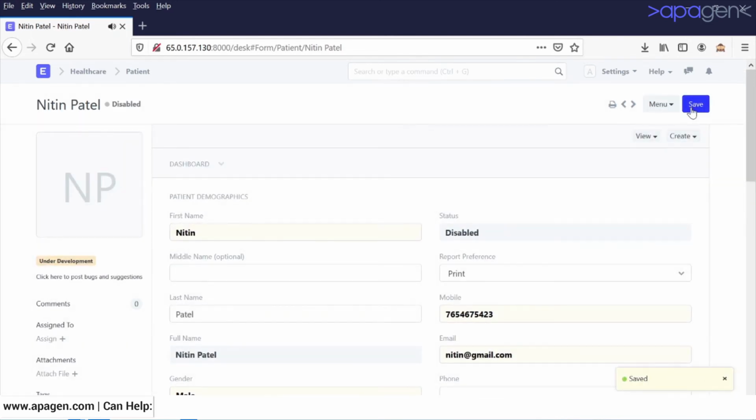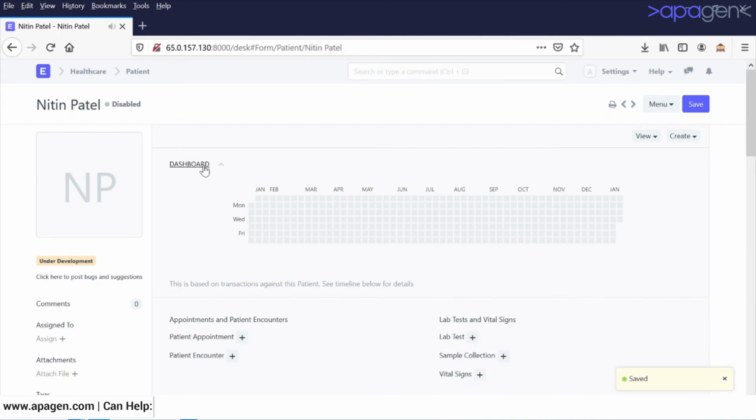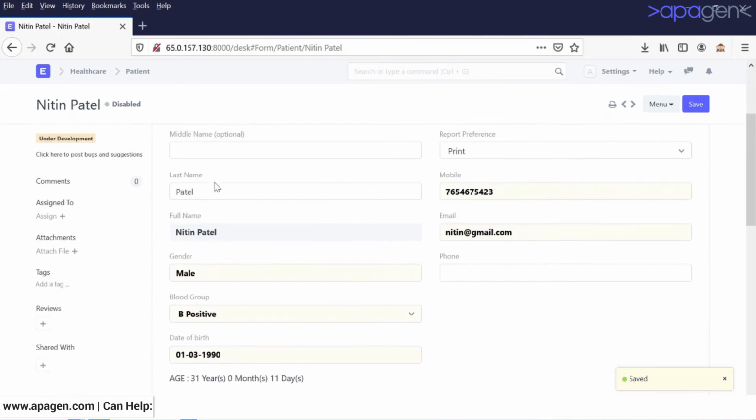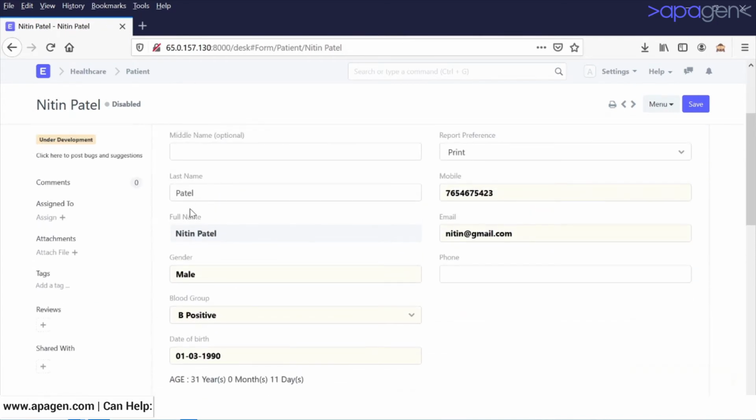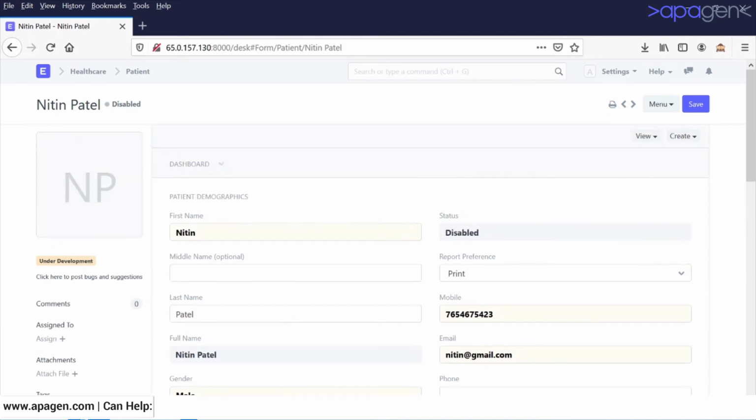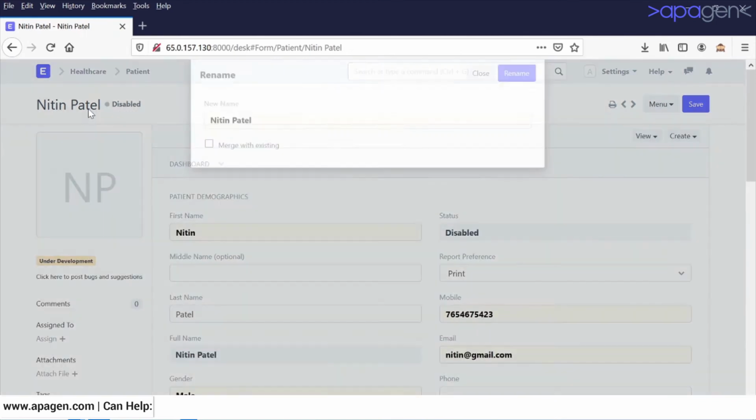I can click on save here, and my patient details are available here. Various shortcuts are available from customers, apart from this, we also have the option to attach some files, assignation, attachments, tags, reviews, and various menus depending on what modules have been touched. If I go back to my customer menu, I can see all this here. Once ID documents are associated, I can go ahead and create the territories. In case of India, I have two territories which are available. Once a patient is created, it is visible here. Unless it is registered, it remains in disabled state, as you can see.